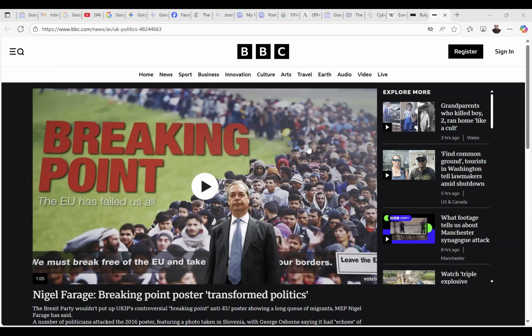And this was a really effective campaign poster that he used to support Britain voting to leave the European Union. And of course, Britain has never been in the Schengen area. When it was in the European Union, the United Kingdom was never in the Schengen area. You always had to show your passport in order to get into Britain, and you had to get permission to come into Britain. But of course, he was claiming that just the mere fact that Britain is in the European Union, sooner or later, these people, once they get into Germany or France, are going to find a way to get to Britain.